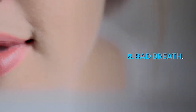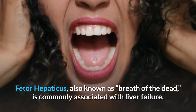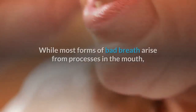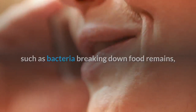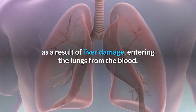8. Bad breath. Fetor hepaticus, also known as breath of the dead, is commonly associated with liver failure. Its unique sweet, musty smell is distinct from other kinds of bad breath. While most forms of bad breath arise from processes in the mouth, such as bacteria breaking down food remains, fetor hepaticus is caused by volatile compounds, which are produced as a result of liver damage, entering the lungs from the